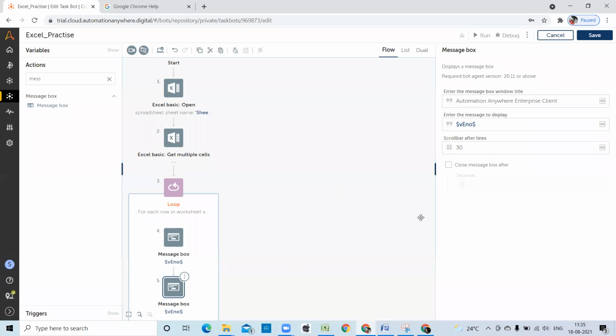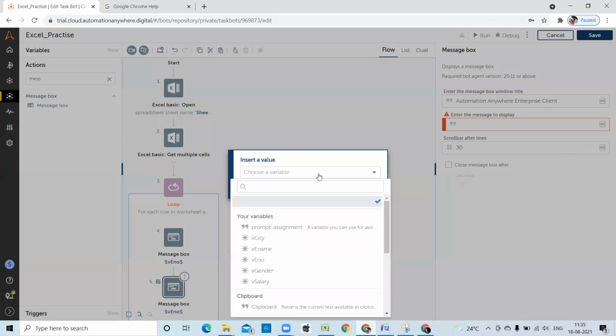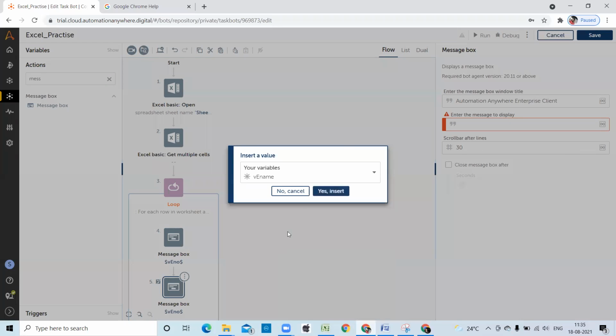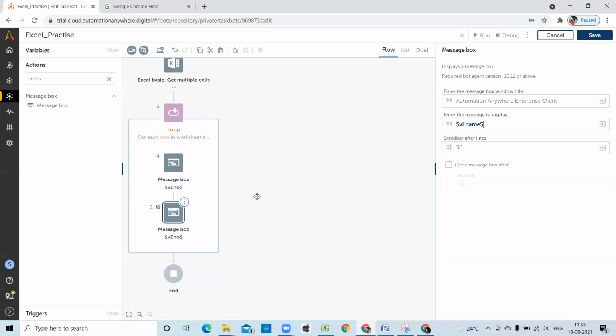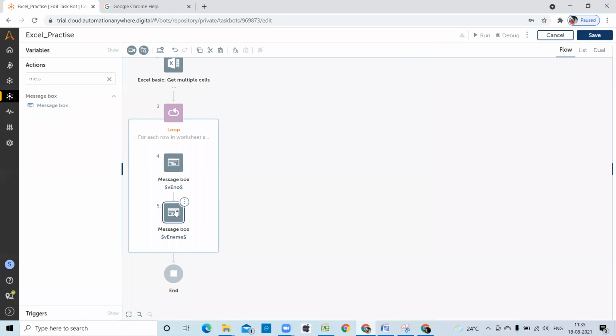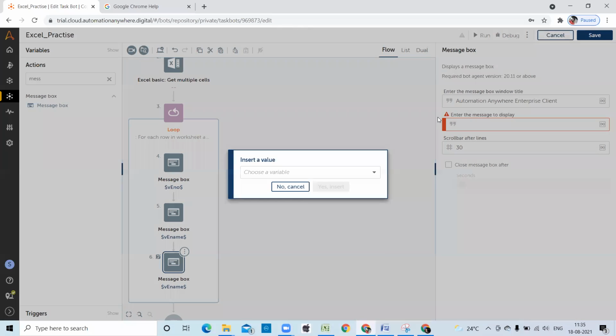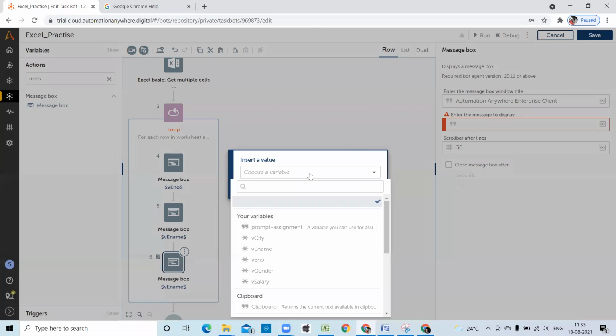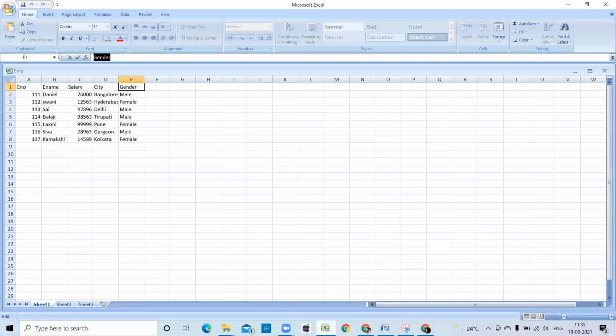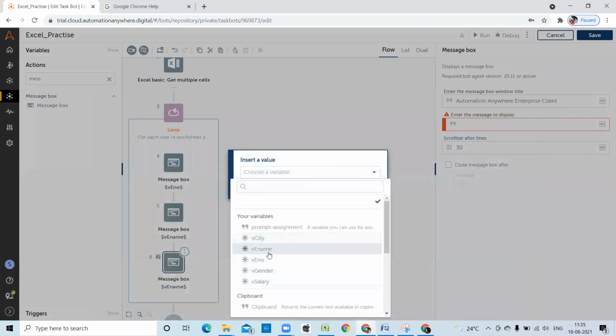Now I'm going here, delete, press function F2. Now it will come here, select employee name, insert. Now I'm just selecting this one, copy, paste, function F2, employee number, employee name, salary.